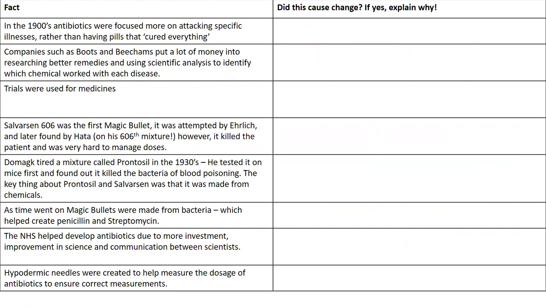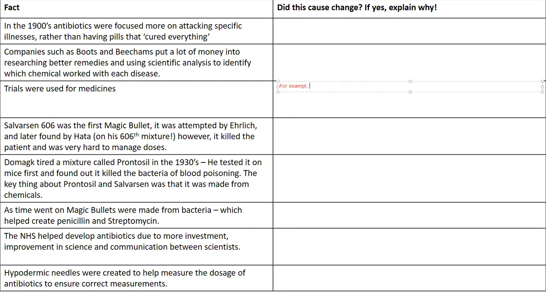This now is where you have to explain things. Now, I'm not going to go through all of these, but what you've got here is a list of evidence. So, for example, you could say, well, one reason why there was a change in treatment is because antibiotics were created and trials were used for medicine. Why is that a big change? Well, let's go back to what we've learned. So you could say,